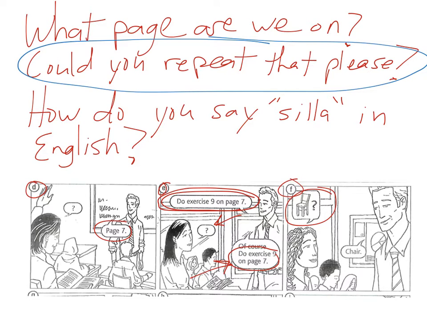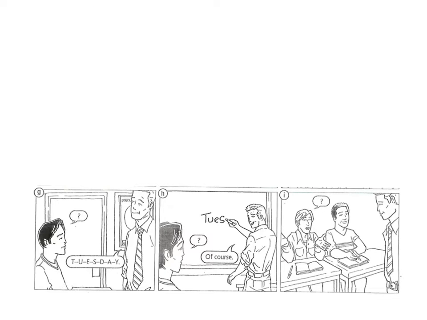Perfect. If you don't have the music, they won't understand you. You have to have the music of the phrase. How do you say silla in English? How do you say silla in English? Good. Here we have 3 more. Let's look at letter G. He is looking like he's saying